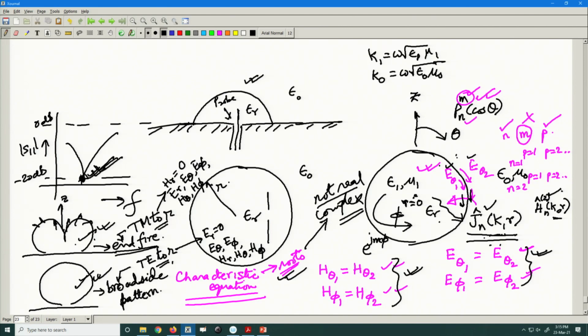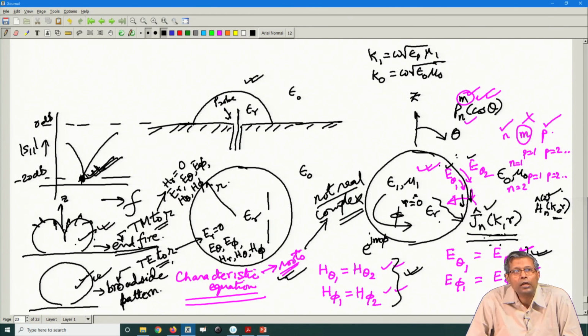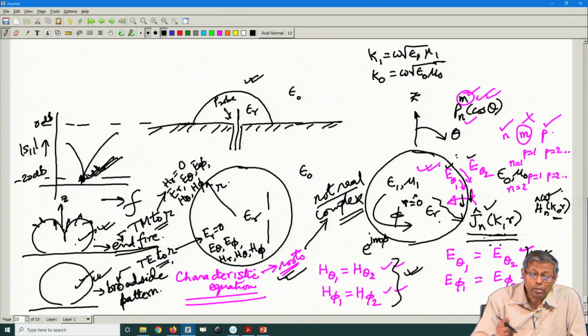That is, if you would simulate a structure in HFSS and things like that, you would imagine that the resonance frequency is coming out to be real. But no, if you actually follow the strict rigor of the analysis of antennas, you will discover that the roots from the characteristic equation are not real, they are complex. This has to be realized. Why this has to be realized? Because if I